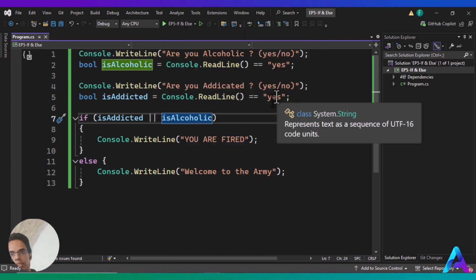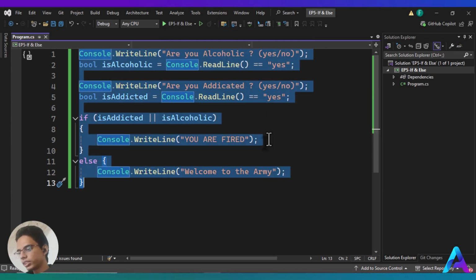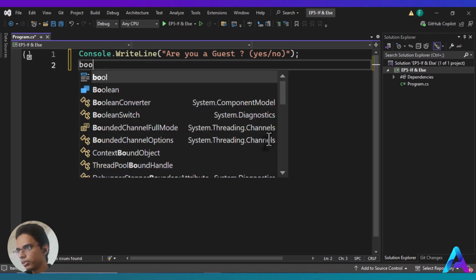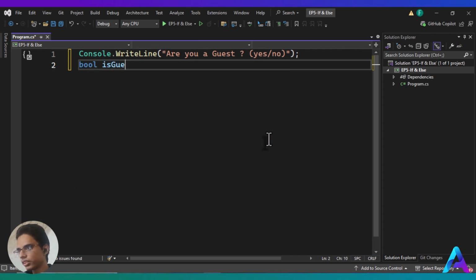And at last we have the not operator. It will reverse the condition. We want to write a program that doesn't let guests enter our home. Pretty useful, isn't it? Let's code. Here we say Console.WriteLine, are you a guest? And the user should answer with yes or no. And in the next line I say bool isGuest equals Console.ReadLine, and then I say equals